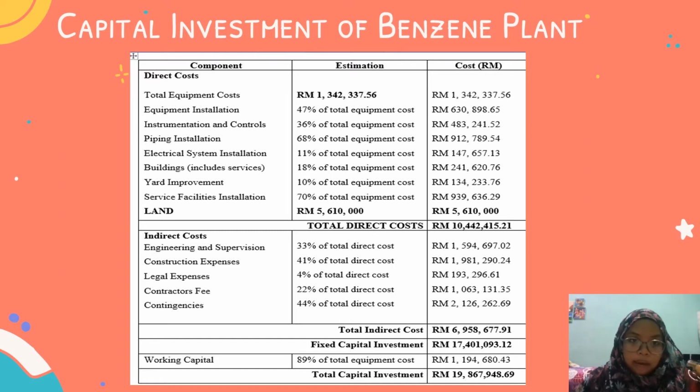We all know we have the total equipment cost. We got 1,342,337.56 cents. And the estimation of the equipment installation,